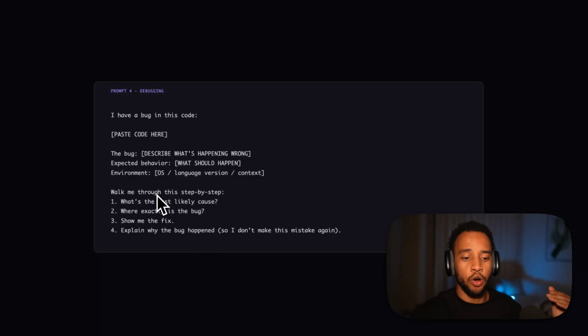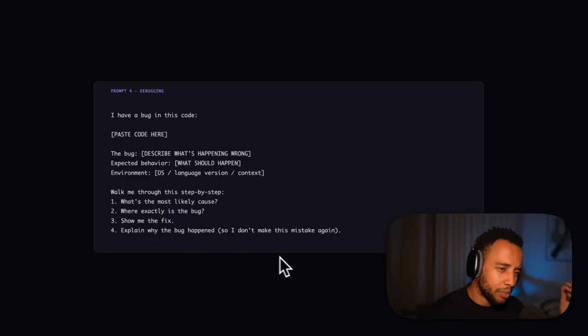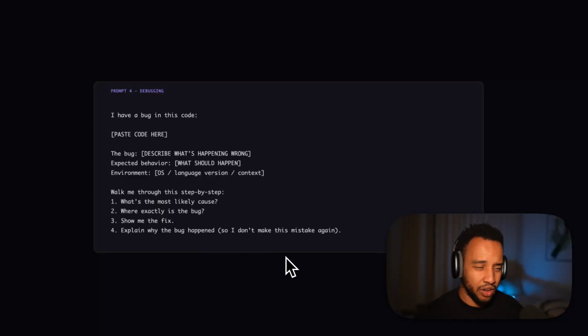One of the things many people forget is that it's way better for Claude, for example, or ChatGPT in that matter, to go through step by step what the most likely cause is, then how to fix it, then actually go ahead and fix it, and keep some sort of track record of the thought process throughout. The key part here is the explanation, because the more it explains exactly what went wrong, the more you learn from it,